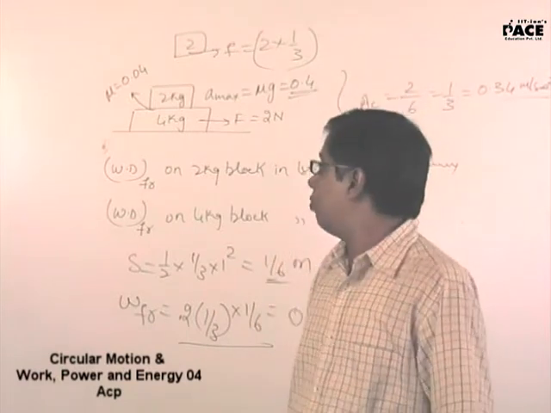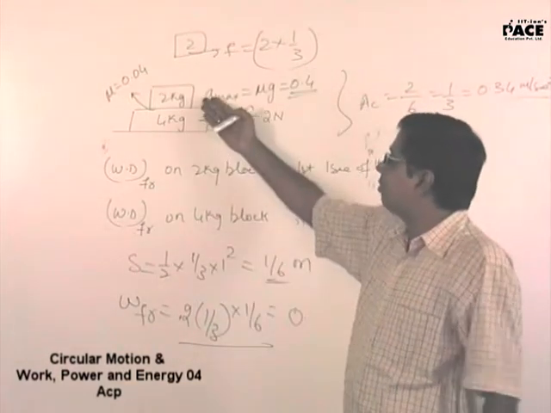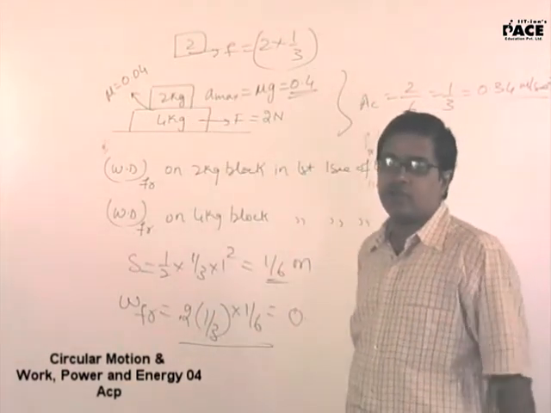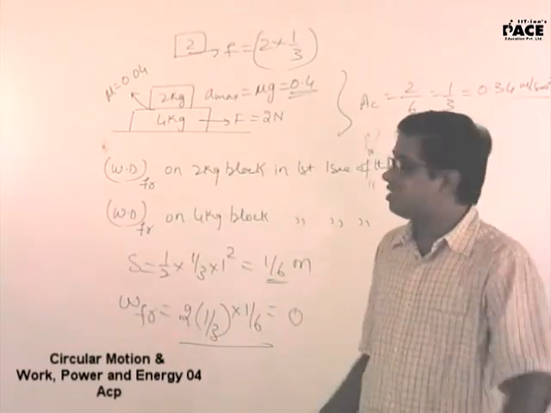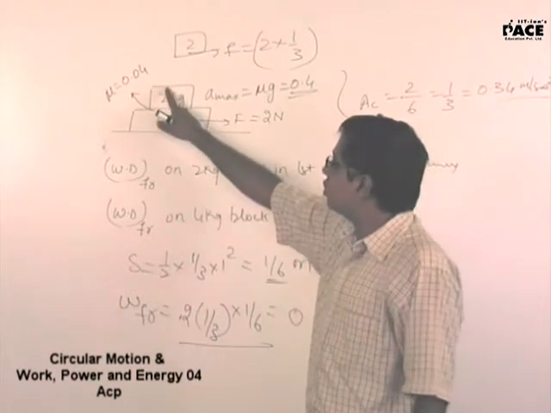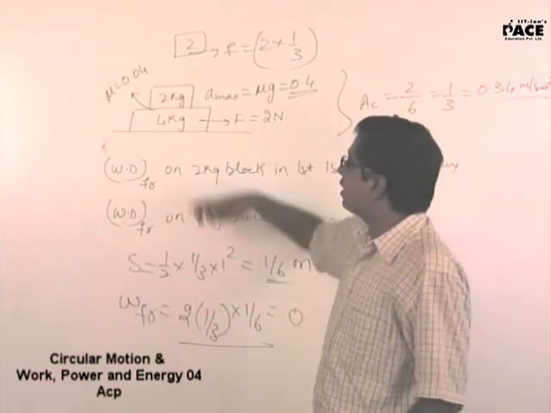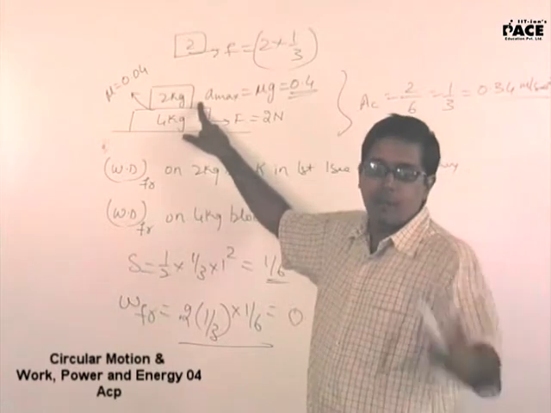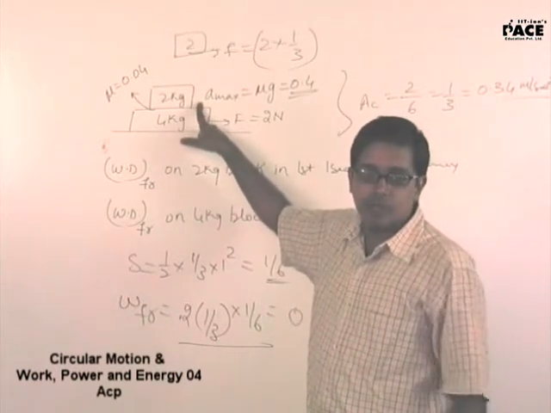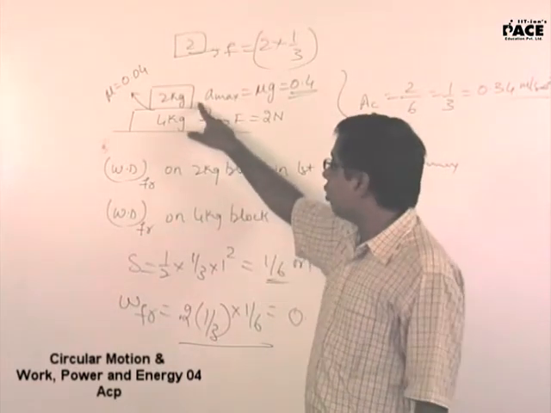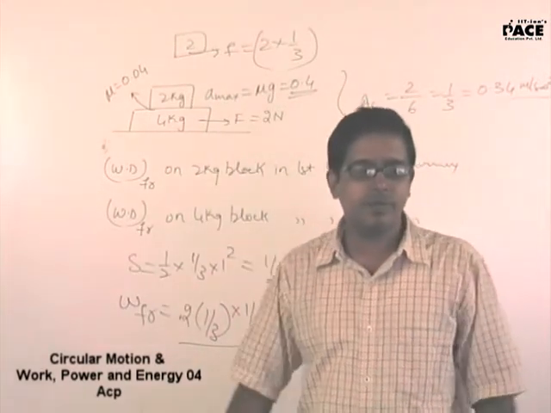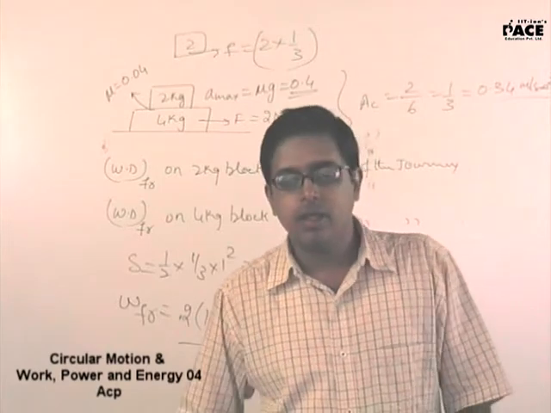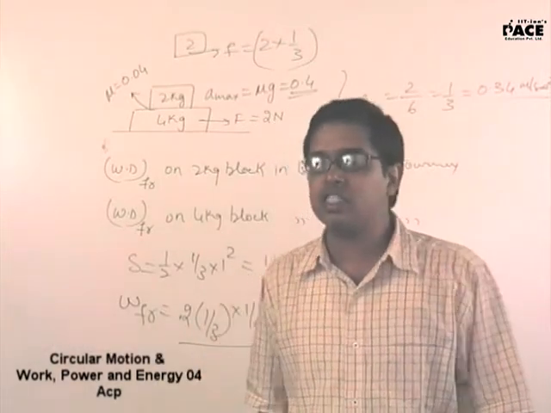Whenever they are asking you work, for example in this particular problem, you were asked work on the 2 kg and 4 kg block. Both the works were asked with respect to ground. If by chance I ask you work done by friction on the 2 kg block with respect to an observer on the 4 kg block, my answer would have been 0. Why will it be 0? According to an observer on the 4 kg block, the 2 kg block is not moving. Yes, sir. Make a note of it. Work done is frame dependent.